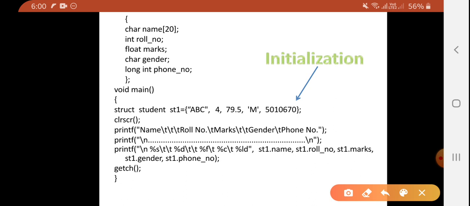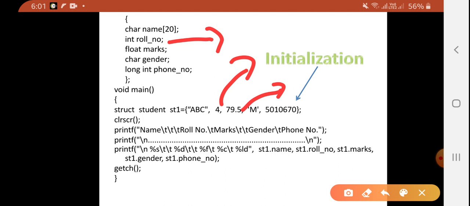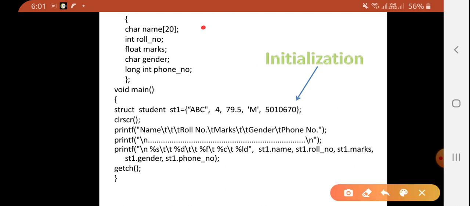So we have created a variable struct student s1 equal to, how many variables are there? 5. So we have to provide 5 values. First is a character value, so here we have provided a string, a character array. Second is your integer roll number, so 4 is your roll number. Then third is a float value. Fourth is gender, which is a character, and last is phone number, that is a long. So we have to maintain one-to-one correspondence between your data type and your initializing value.